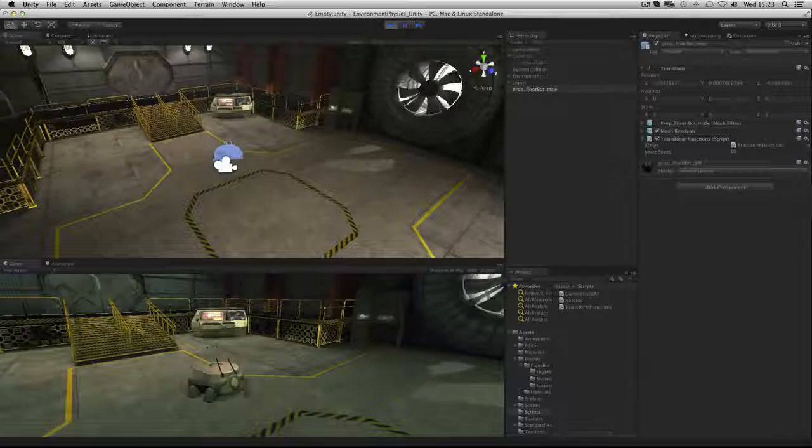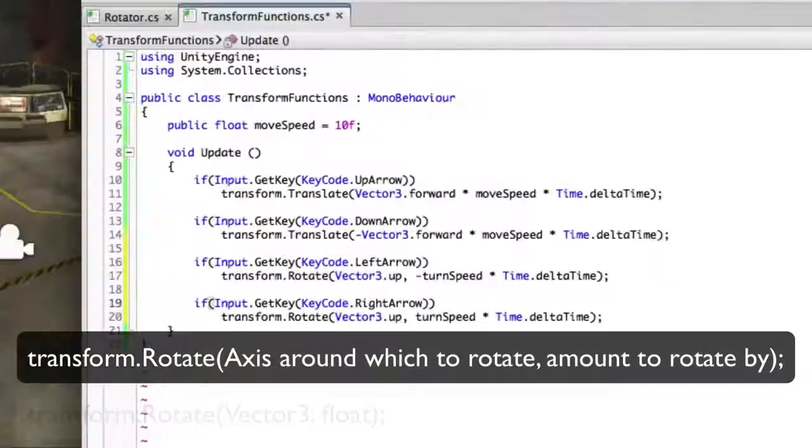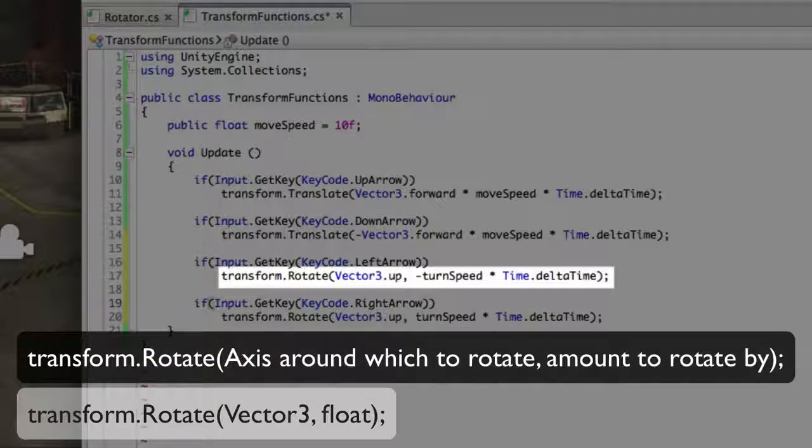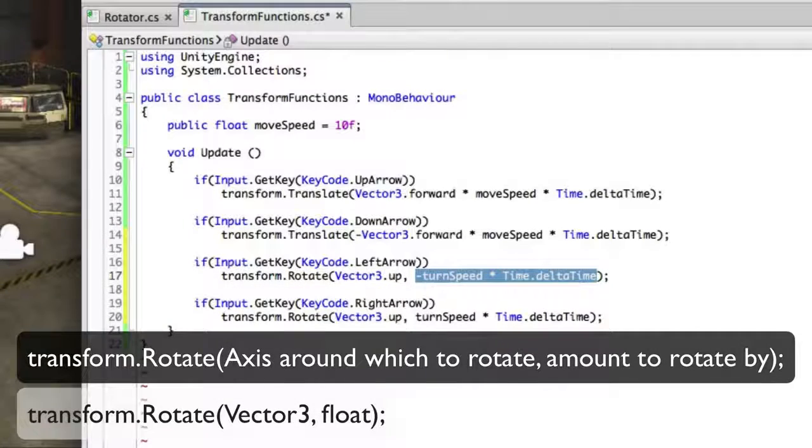Transform.Rotate works in a very similar way, again taking in a Vector3 into its argument. This time we're using the Vector3 shortcut Vector3.up. This represents the axis around which to turn. This is the first argument, and the amount to turn is the second argument. Now we'll add in our variable called turnSpeed,